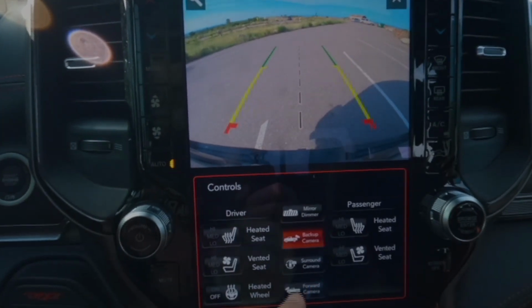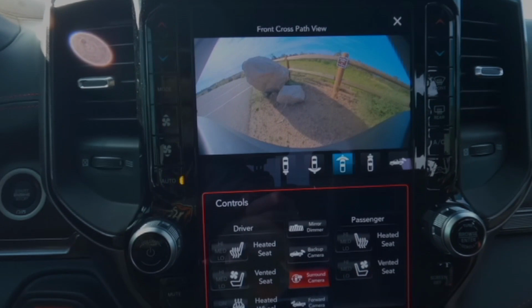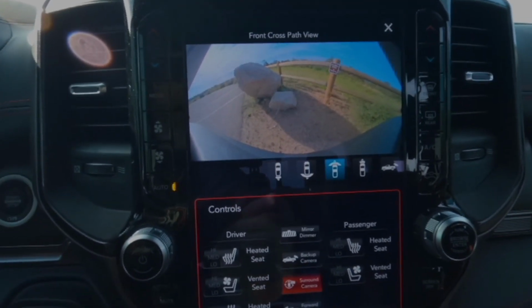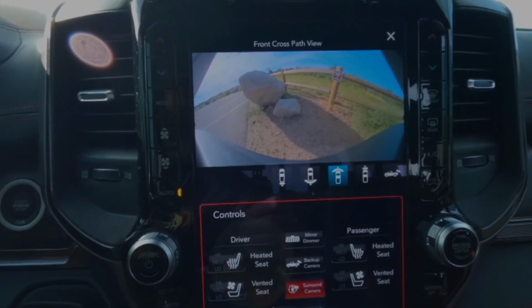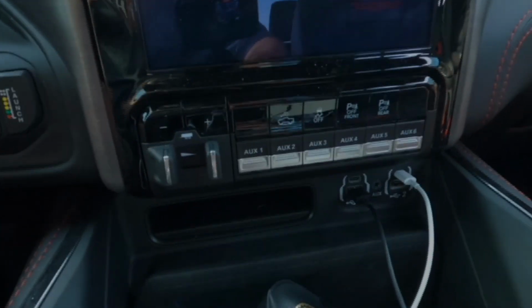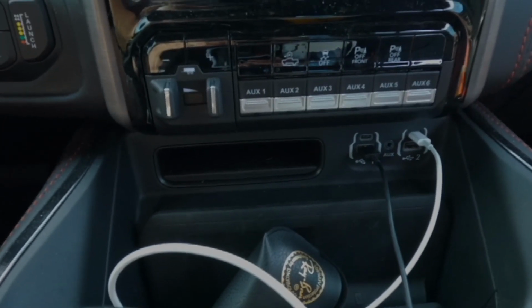Again, you can see behind you, around you. I don't say that's unique to the TRX. That's probably just as you get into more modern cars, some of the features they have, but I thought that was pretty neat. Moving down here, if we can get it in view, there's all kinds of charger ports,